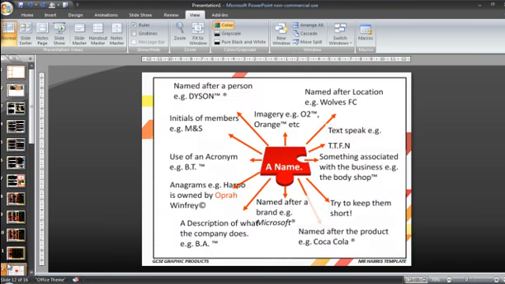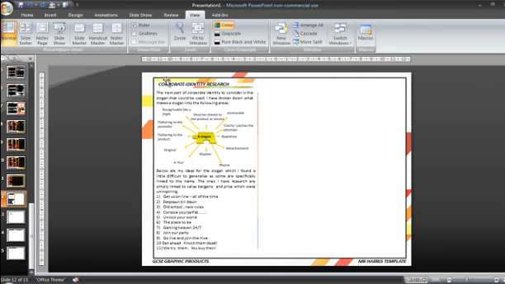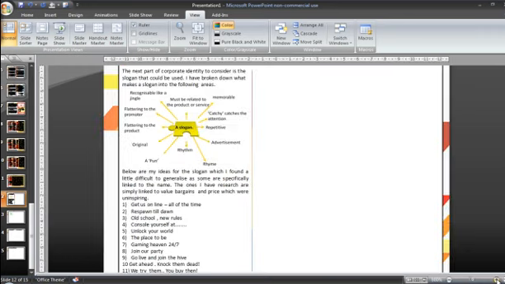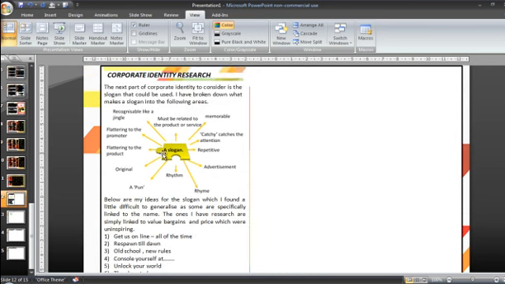Okay, right, I won't need that one, so I can delete that as well. Now the next thing I'm going to be looking at will be the corporate identity research, but this will be a slogan. So on the slogan, we've done exactly the same. I've used the image that we've looked at in class and what makes up a slogan, some of the things that we can actually put in there, and I'm using this as some way of judging whether my actual slogans